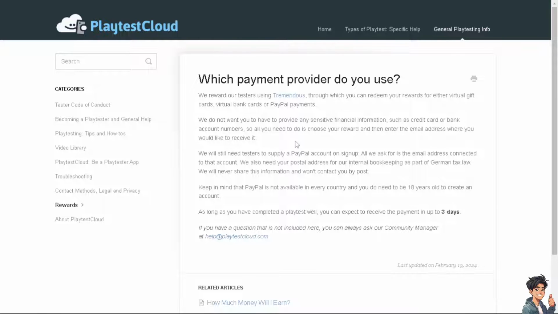Now, I'm not sure if you can have two email addresses. One is the one associated with your playtest account, or another email that you can receive the reward. I'm gonna check that with the support team later, but for now, as you can see, at the moment, they still need testers to supply a PayPal account on sign up. So that's probably one of the most important